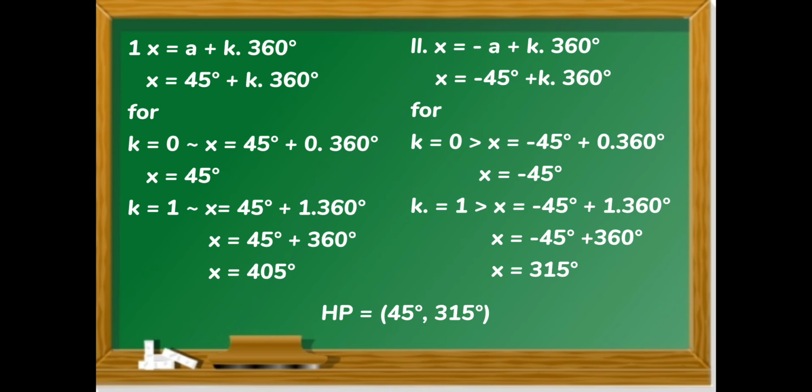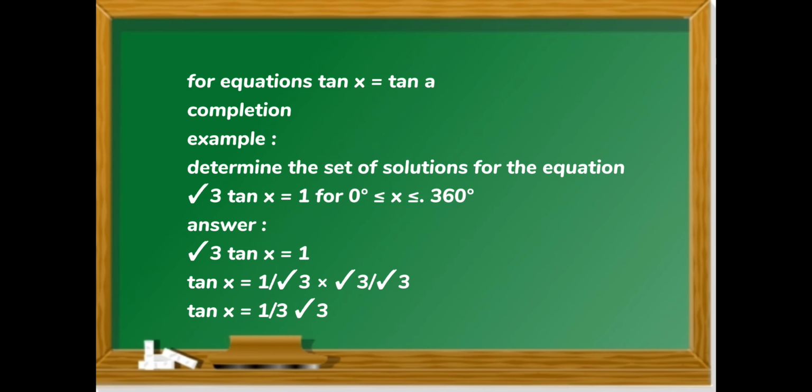We see 315 is in the range 0 to 360, so it satisfies the equation, so the set of solutions that satisfies is only 45 degrees and 315 degrees. Okay. For the third equation, tan x equals tan a, it has only one formula, namely x equals a plus k times